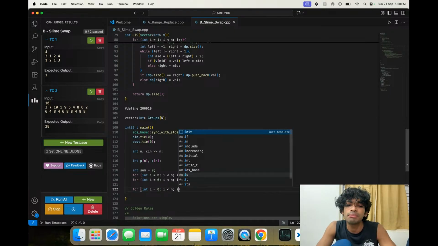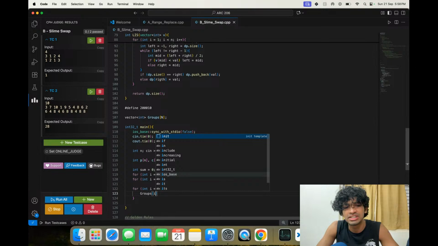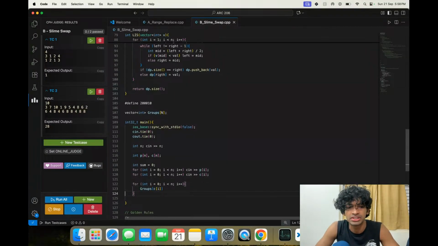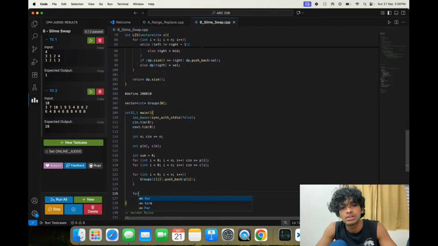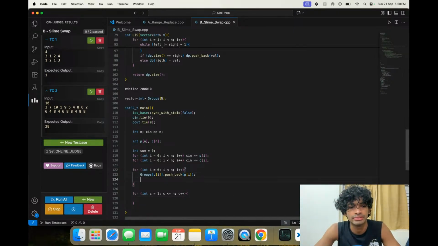See, step by step, I have explained this problem very well, but then I didn't share my screen. That's so bad. Now it's getting shared. Okay. We are adding everything to their color. Now for c equals 1, c less than or equal to n, c plus plus. For each of these colors, we want the longest increasing subsequence because this is what can be saved.